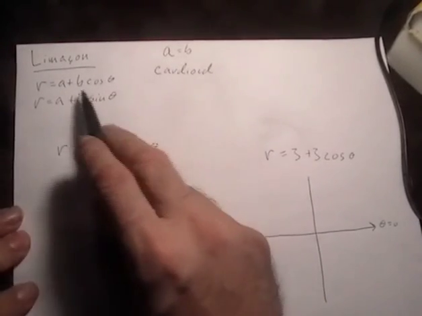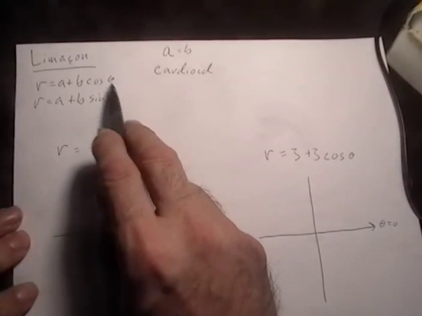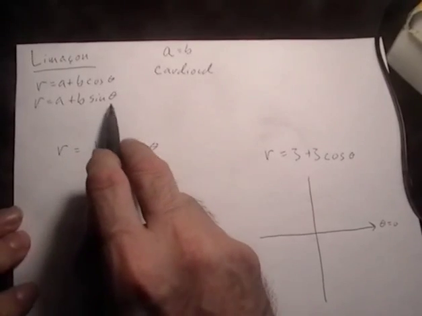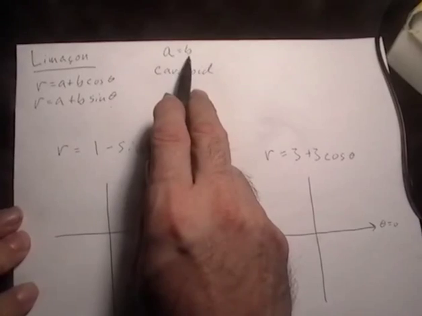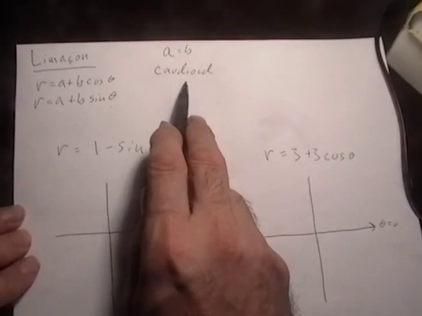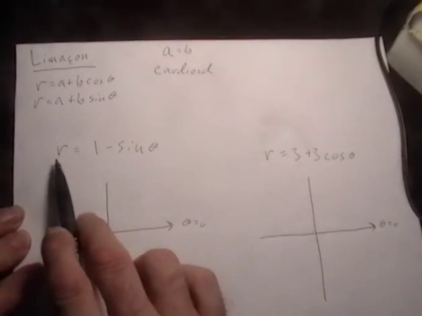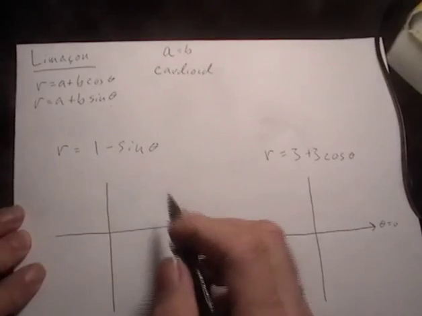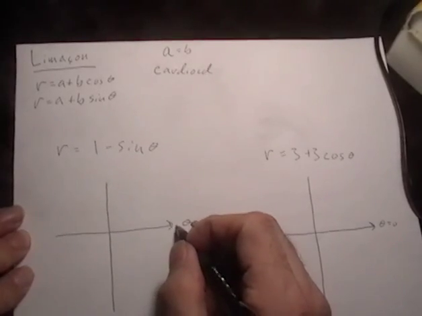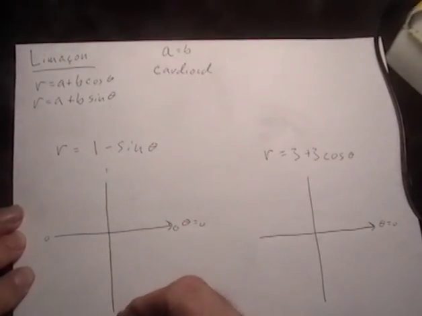Limacons are of the form r equals a plus b cosine theta, or r equals a plus b sine theta. In the special case where a is equal to b, it's known as a cardioid, or heart-shaped. When we look at r equals 1 minus sine theta, remember that the pattern for sine is 0, 1, 0,